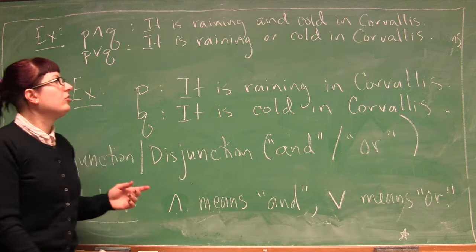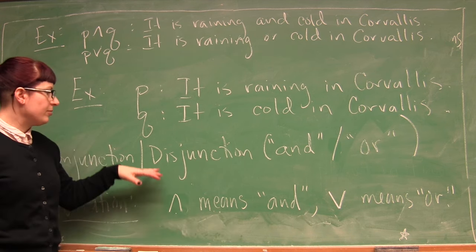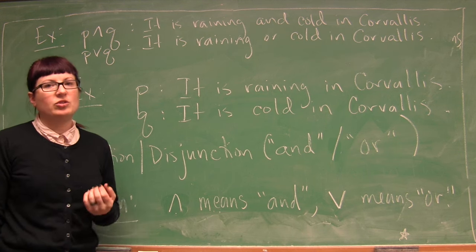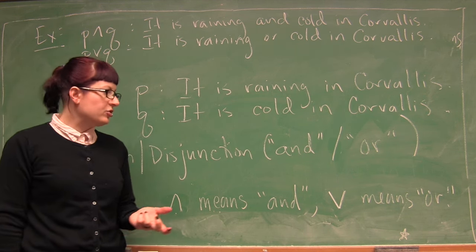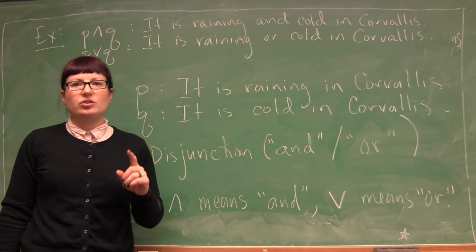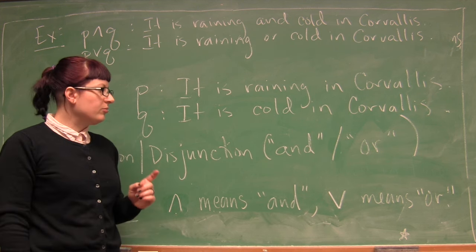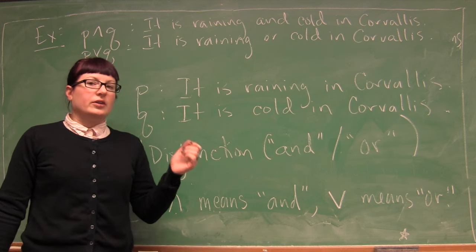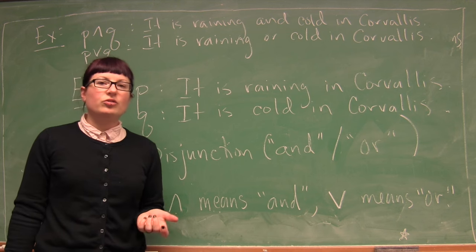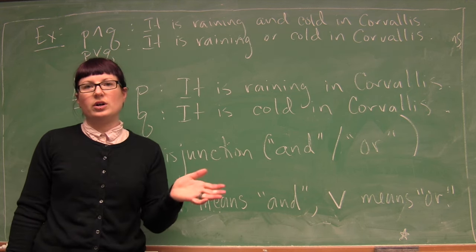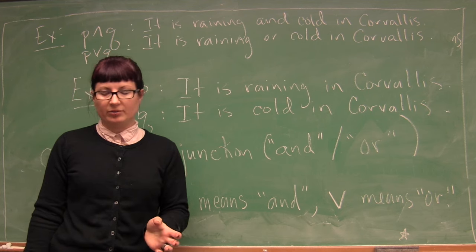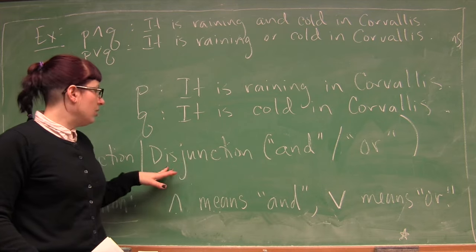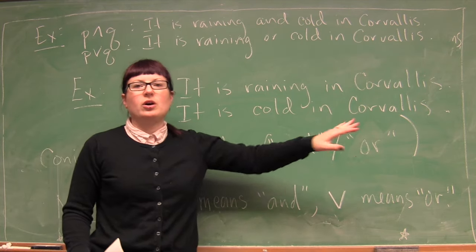Now, it's important here to note that when we talk about disjunction, or, this is a mathematical type of or, and it's not necessarily the same or that we use in common English language. In particular, in English, the word or can mean two different things. It could mean one or the other or both are all possible. On the other hand, it could mean what we call exclusive or, which means either one or the other, but not both is possible. So in mathematics, this V symbol, disjunction, mathematical or, we always use to mean